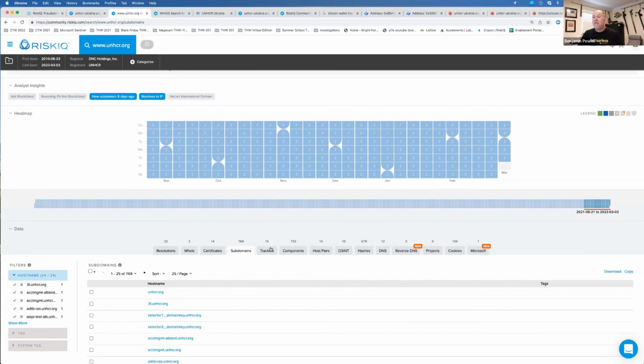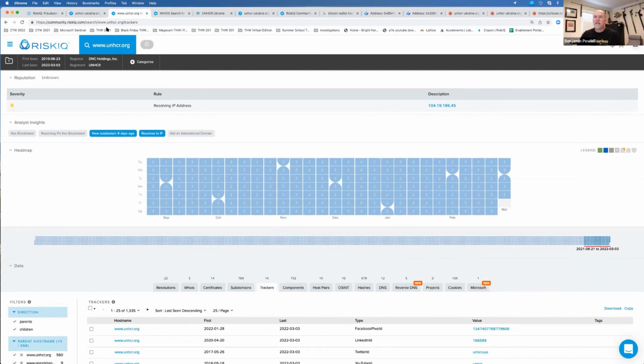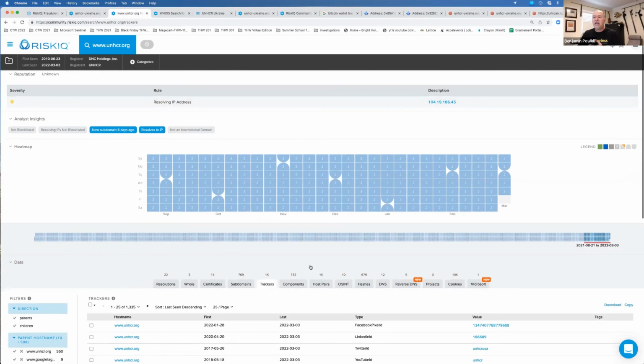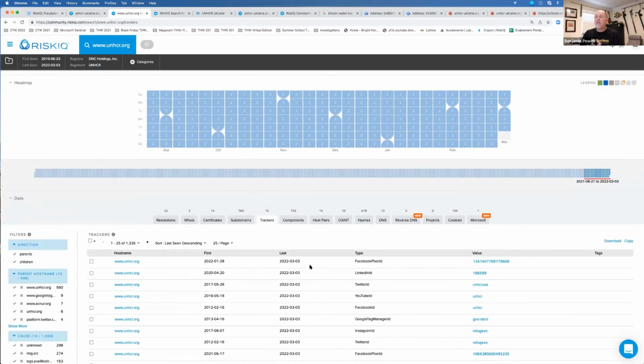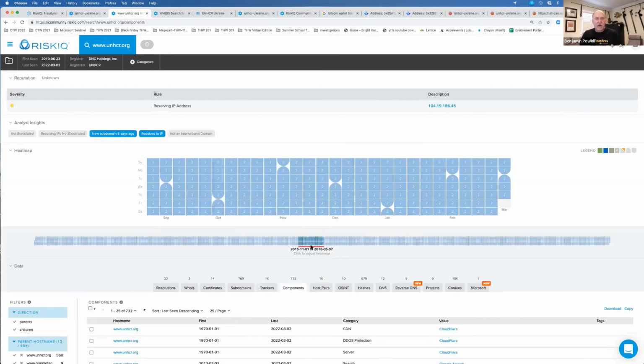The trackers, we had a few. How many trackers were there? 14 trackers. Here I'm seeing over 1,000 different trackers, including Facebook Pixel, LinkedIn, Twitter, YouTube, Google, all those different ones. Components: if I'm a threat actor, I'm only going to stand up what I need.